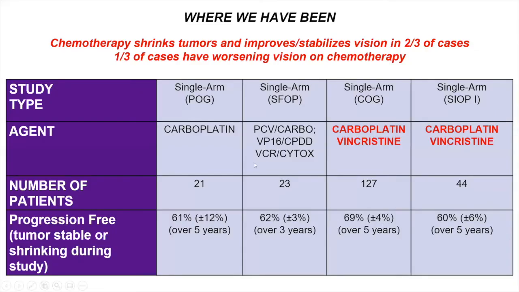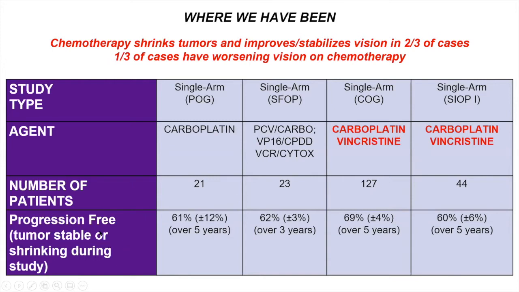So in the next slide, before we proceed to understand what the current state of clinical research is for patients with low-grade gliomas, I just wanted to first help us understand where we've been before. And so here I've created a table which shows you the name of the study, the drug that was studied, the number of patients in the third column of patients who are on each of these clinical studies,